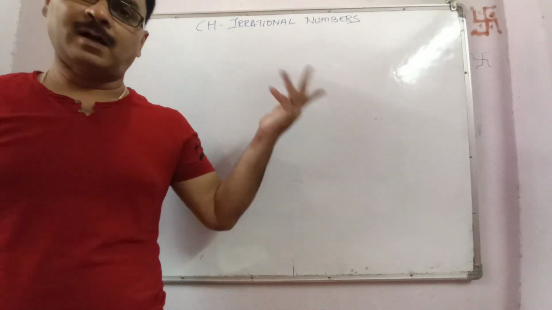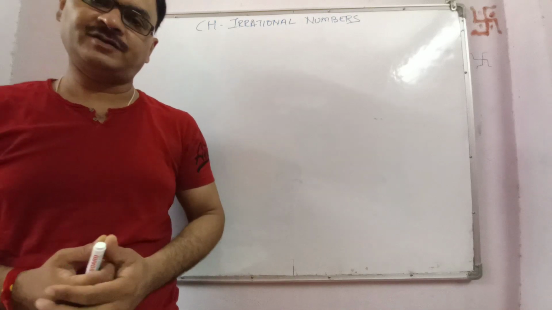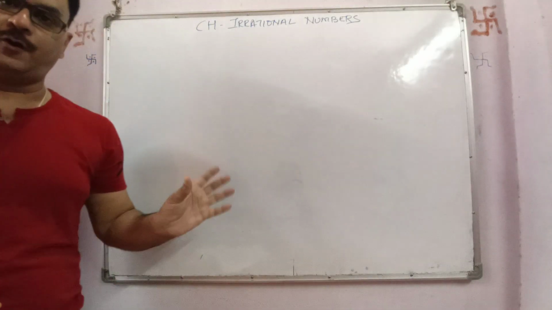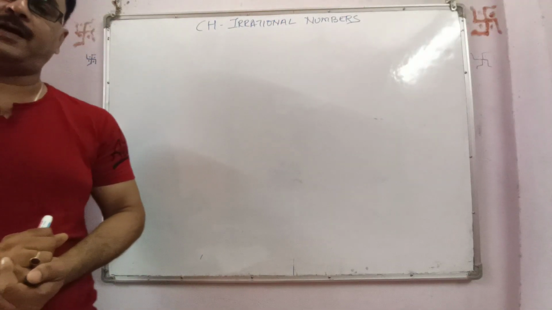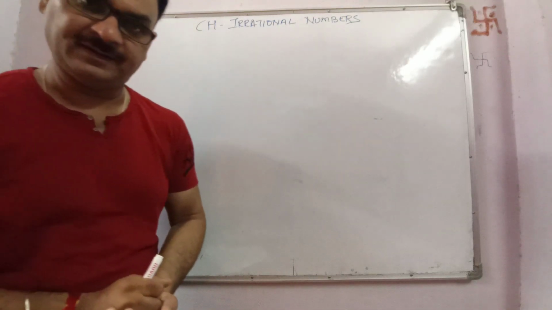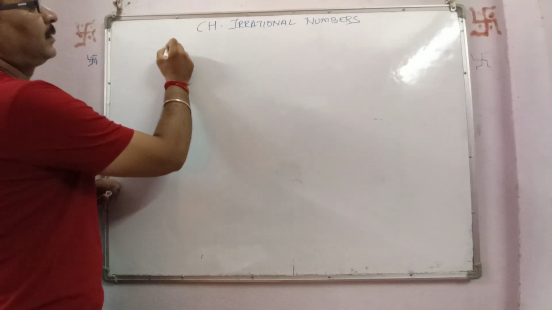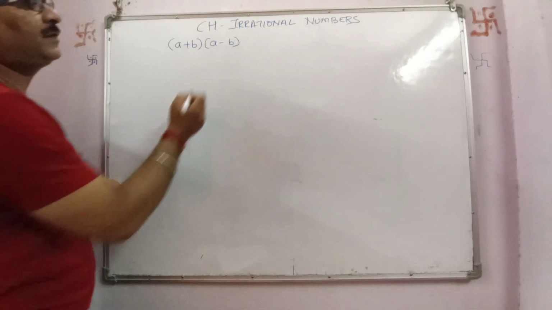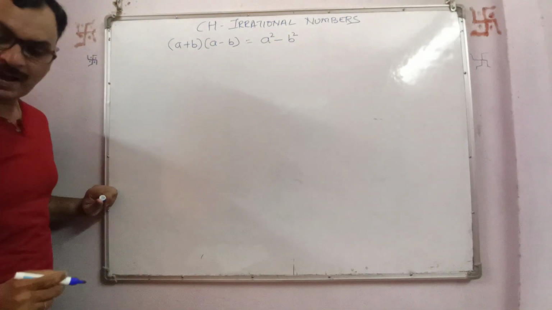Now students, we cannot change an irrational number into a rational number, but if we are having a fraction in which either a numerator or a denominator can be an irrational number, so the whole fraction will be an irrational number, but we can rationalize either numerator or denominator. Now for that we need to multiply both numerator and denominator by the rationalizing factor as per the requirement of the question, which of the part we have to rationalize. Now just you people have learned the formula, that is the product of sum and difference of the two numbers is equal to the difference of their squares.